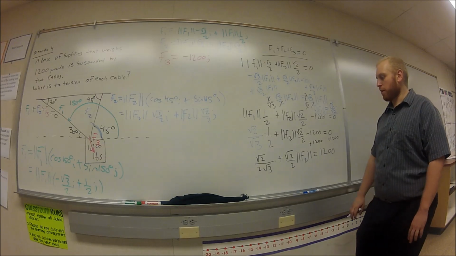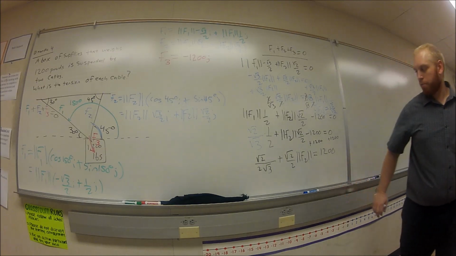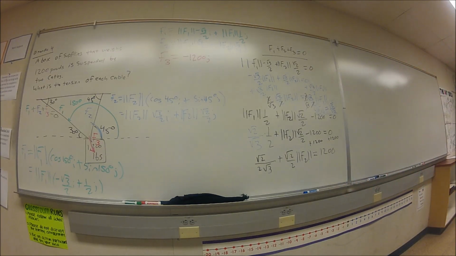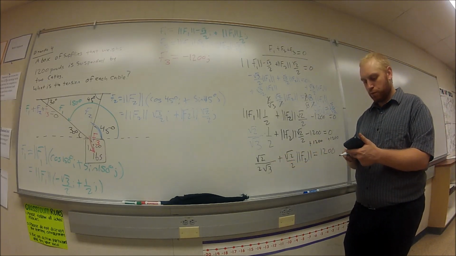And then here's what I'm thinking next. I'm thinking let's get decimals for this stuff and finish it. So, root 2 over 2 times root 3 is going to be